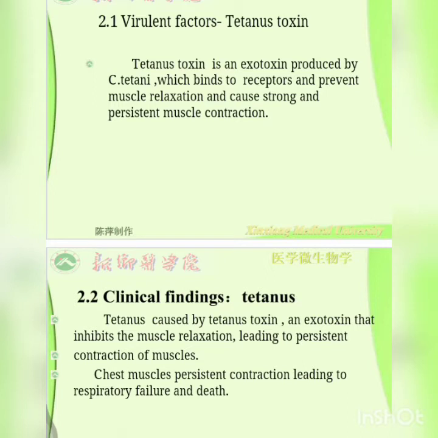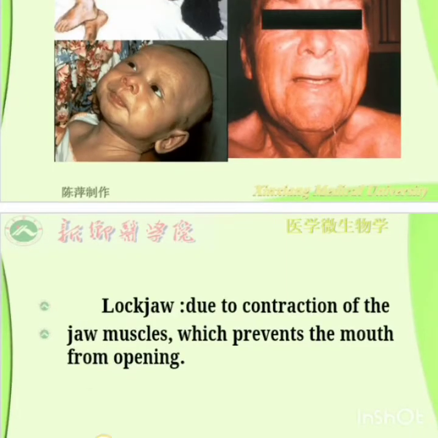So it is plasmid coded and it is also a heterodimer structure with a large polypeptide chain and a smaller polypeptide chain. These two chains are linked together by a disulfide bond, which makes it antigenic and specifically neutralized by the antitoxin, so it can be toxoided. How the baby is affected, because you can see the lockjaw.